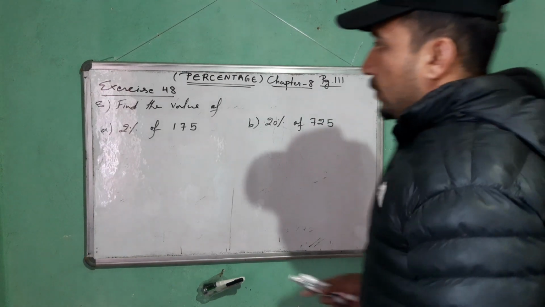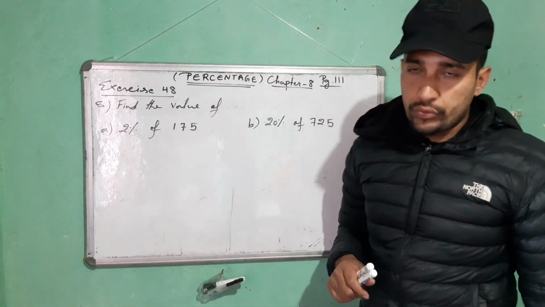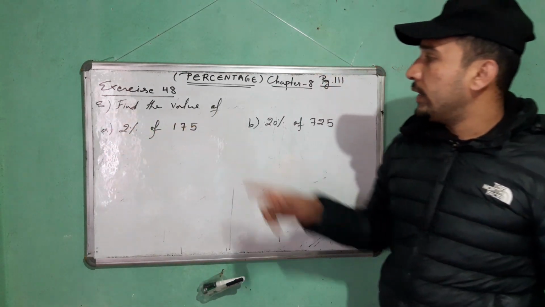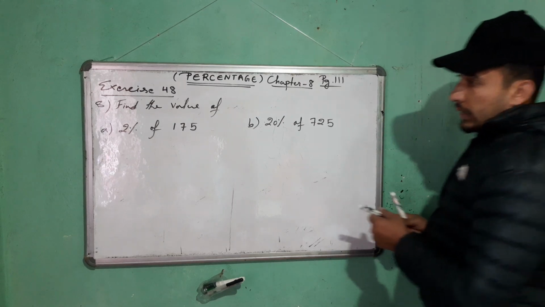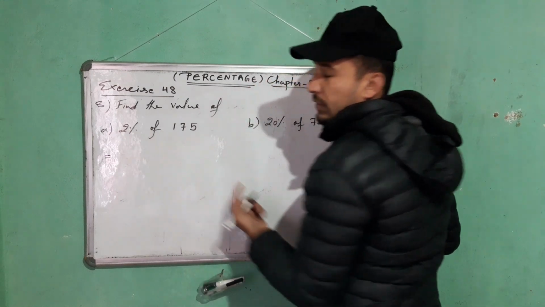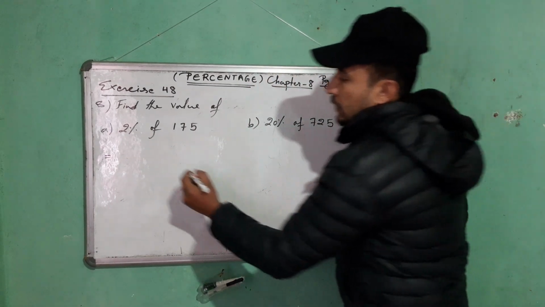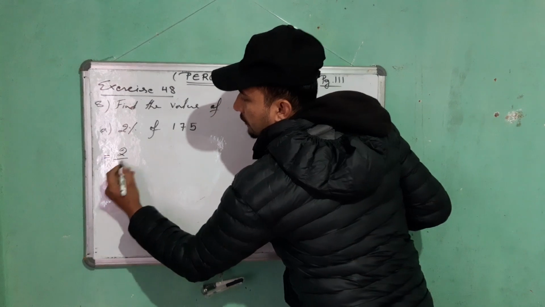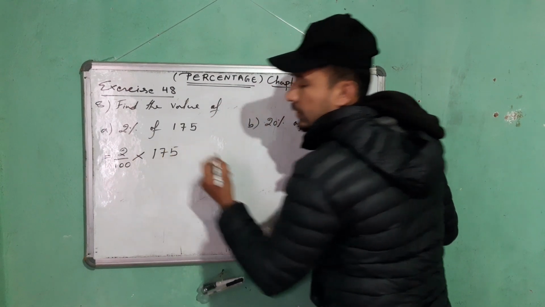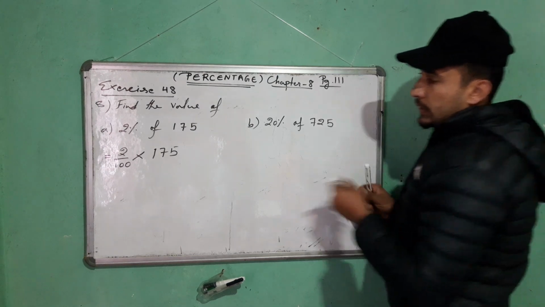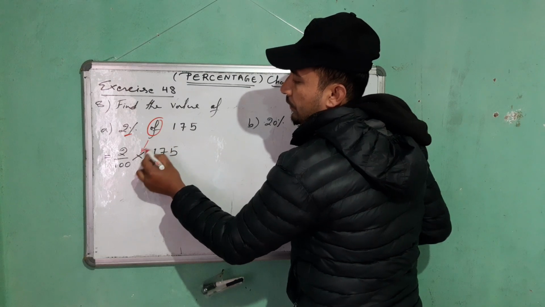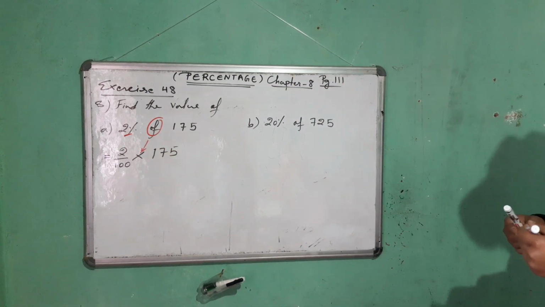Okay, now question number 6 and 7, no need to do. You can cancel those two questions. Now let's see question number 8. Find the value of number A, 2% of 175. You have to find the value of 2% of 175. So 2 percentage means divided by 100, of means into 175. This is how you have to simplify. Percentage means divided by 100, of means multiplication, into